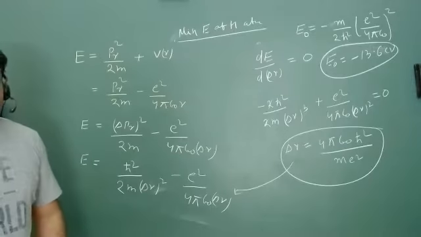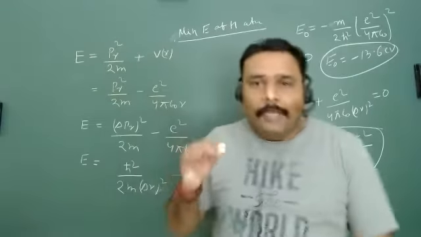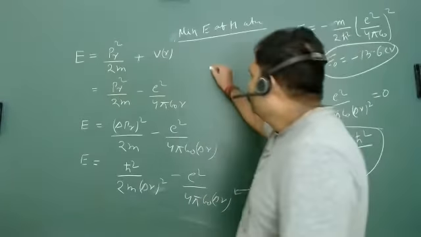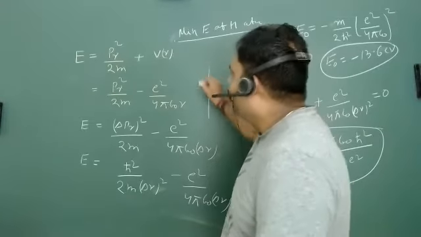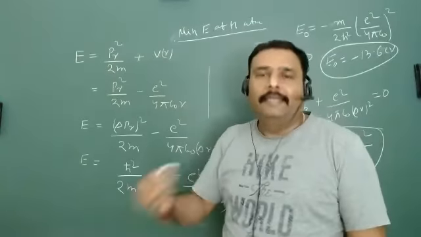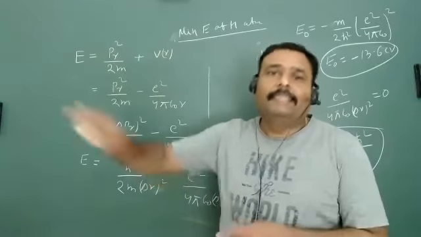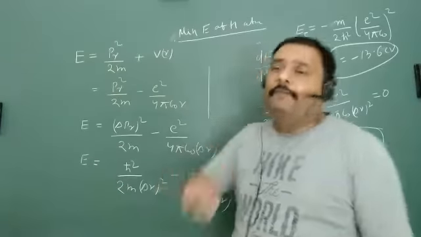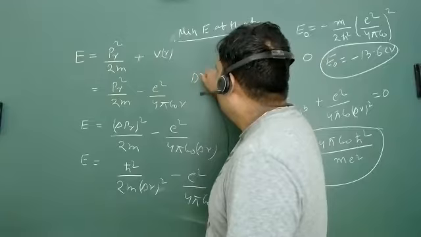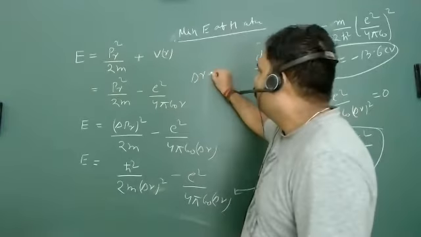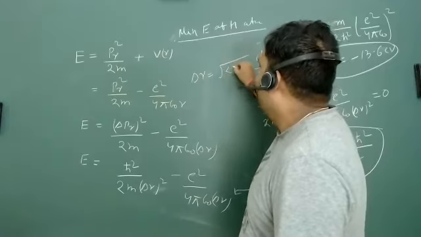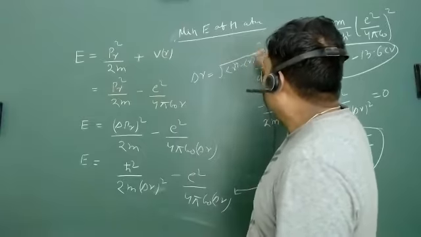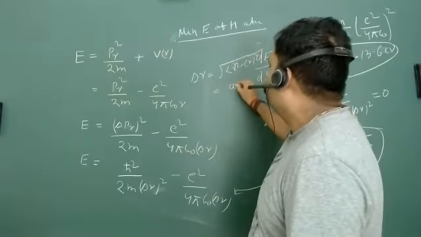Look at this, and please, how will you do this experimentally? You will find the value of R again and again, and you will take different values of R, and then you will find the standard deviation of R. What is the standard deviation of R? The standard deviation of R is nothing but the average value of R square minus the average value of R whole square, and that will come to actually A naught.